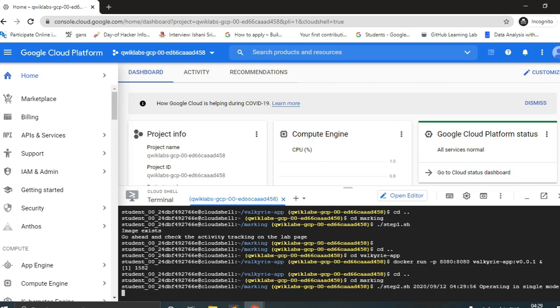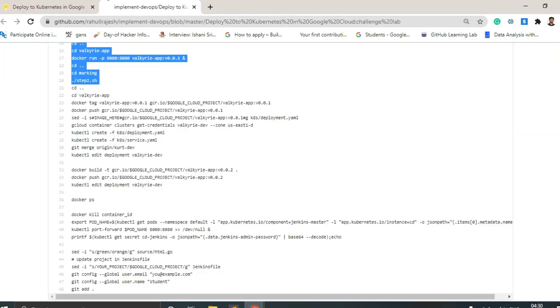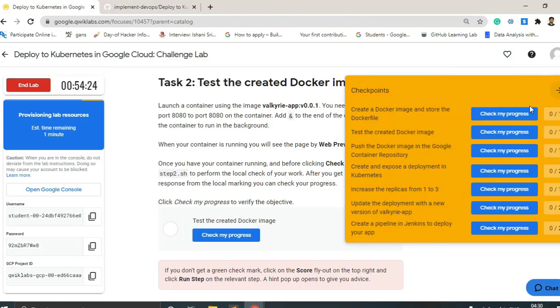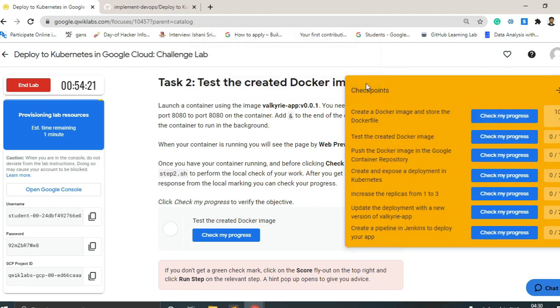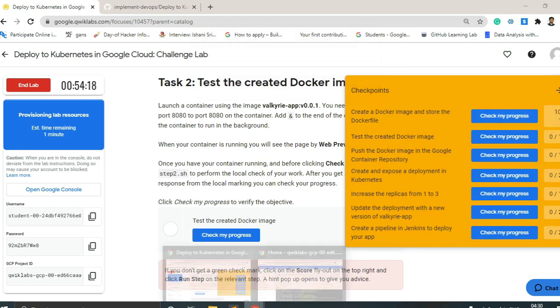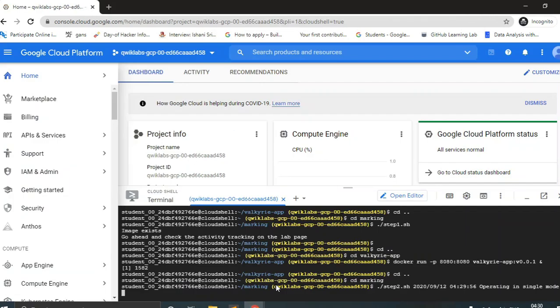We did it for the second, and now here we will open our web preview, as we are going to test that Docker image. Let it finish. Until then we can check our step 1. Yes, we are awarded 10 points.